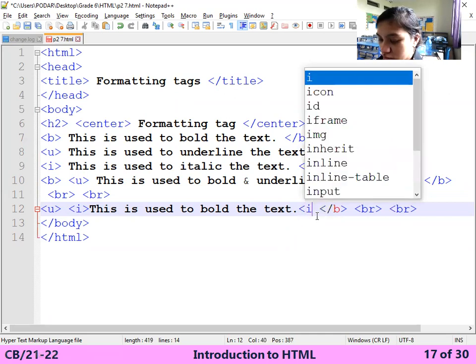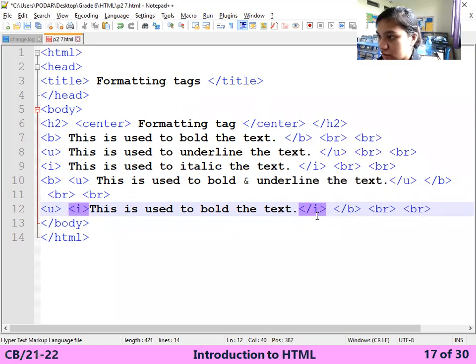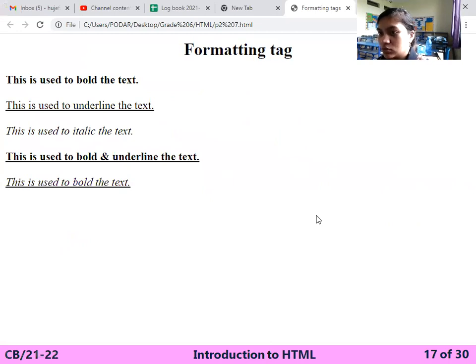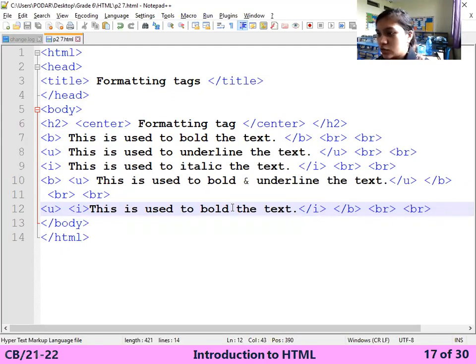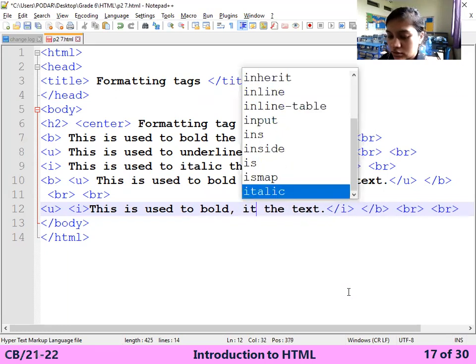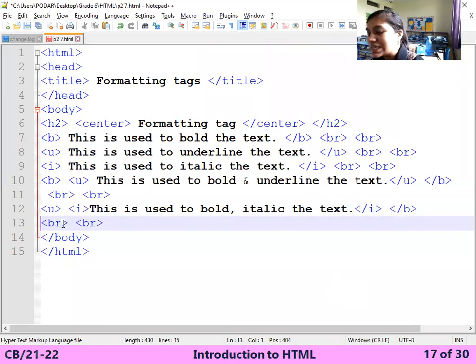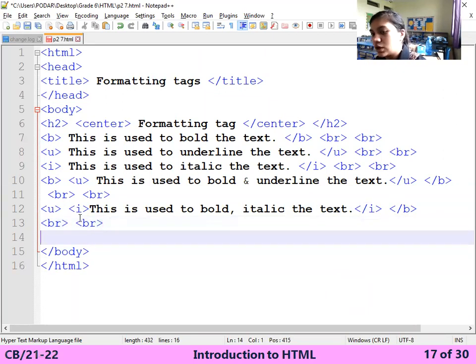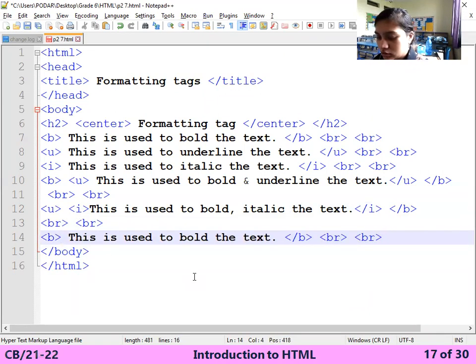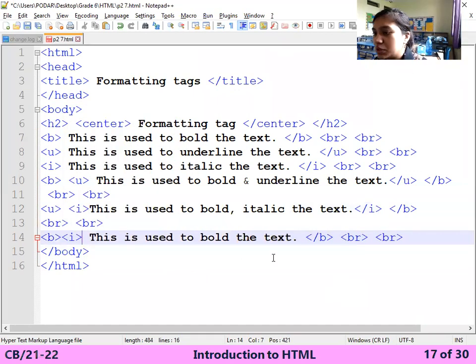Using Control S, Control S, F5, in place of bold, italics. Same thing. Listen to me first, complete first, then if you have a query, ask me. Then I want to take B and I together.